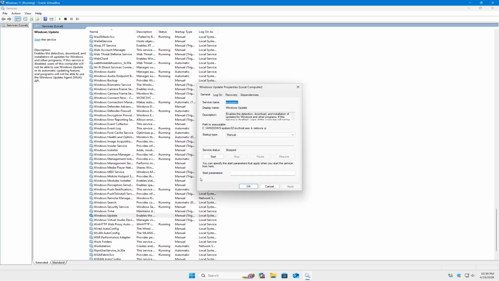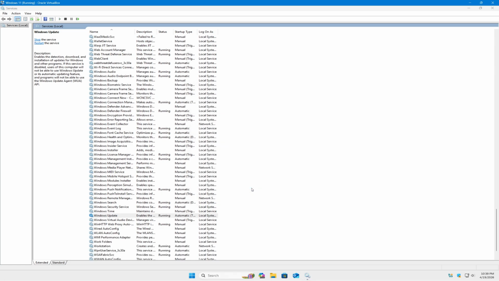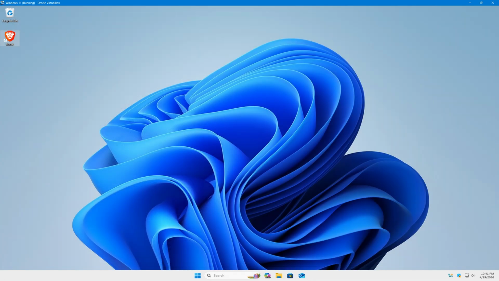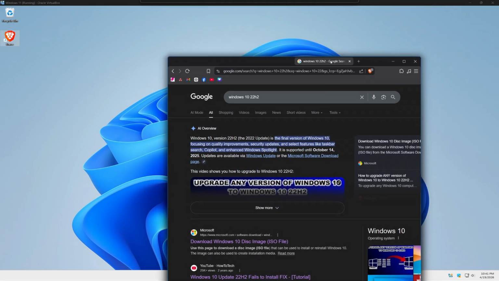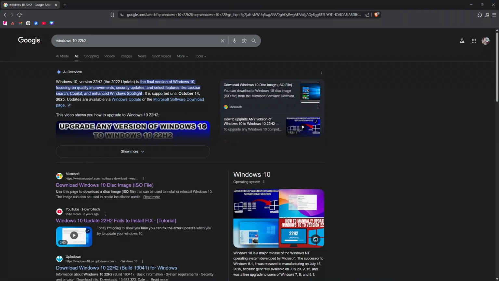Double click on it. Now startup type right here, make sure that it is set to automatic. Hit on apply and just click on start. Wait for the process to finish and then hit on OK. Close this one. Now after that, go ahead and open up your favorite browser and then just type down Windows